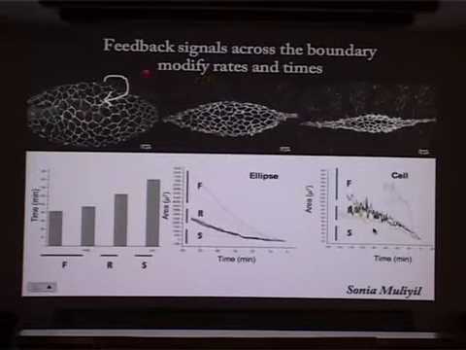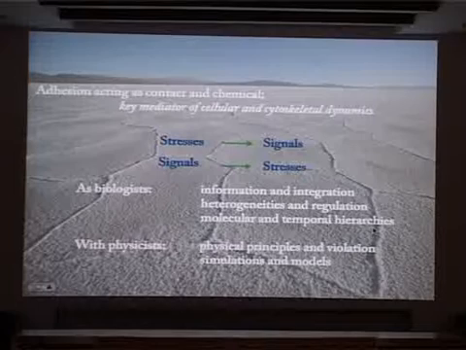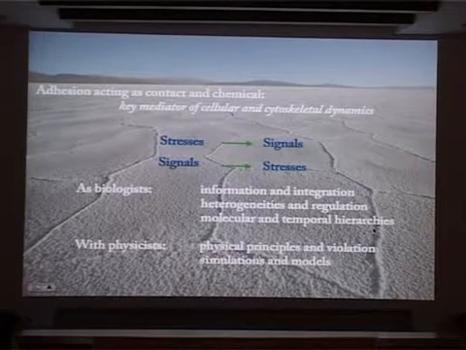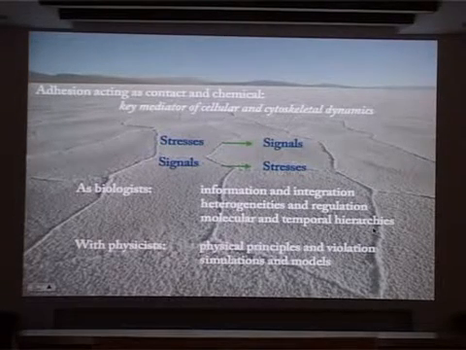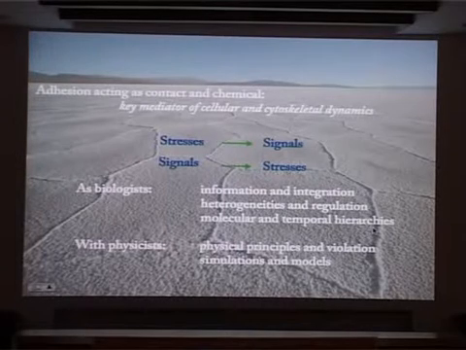So what that tells us is that there's a sort of feedback signal that goes from one tissue to the other that can influence cell behavior in a non-autonomous kind of way, and understanding how this tissue can actually influence something happening here, whether it's purely mechanical or mechanochemical or purely chemical, is something we're just beginning to understand. So I'll just end and summarize what I've said by saying that